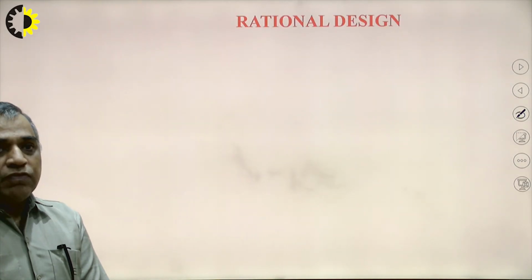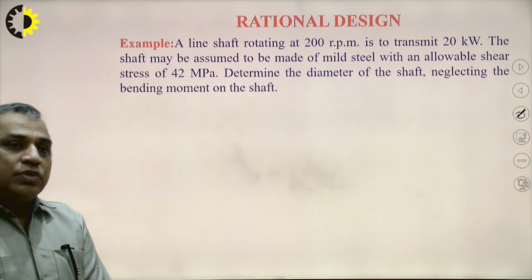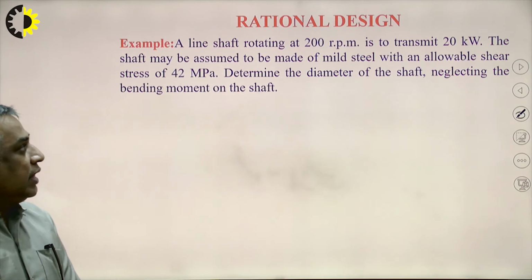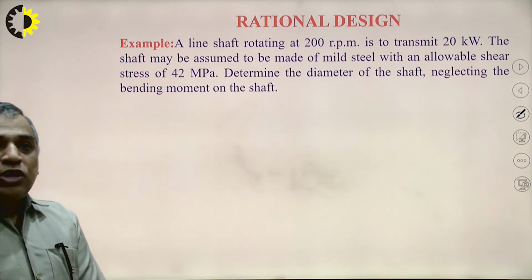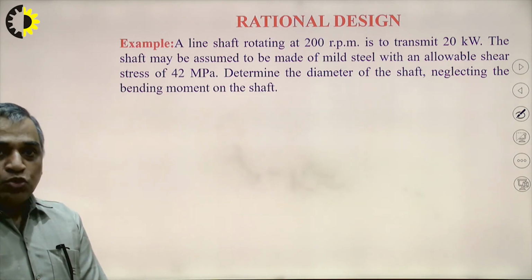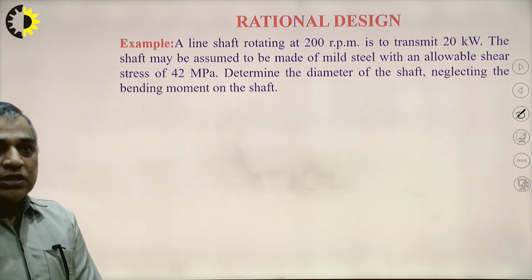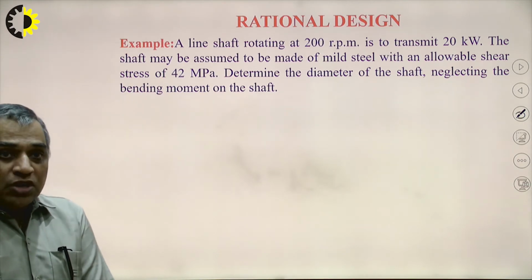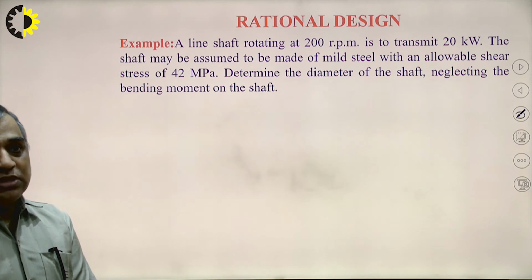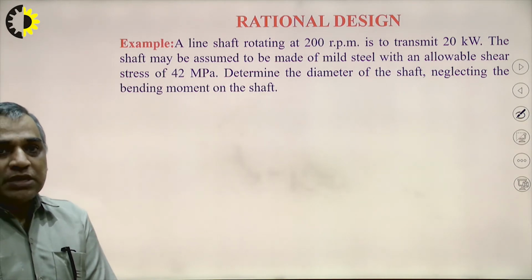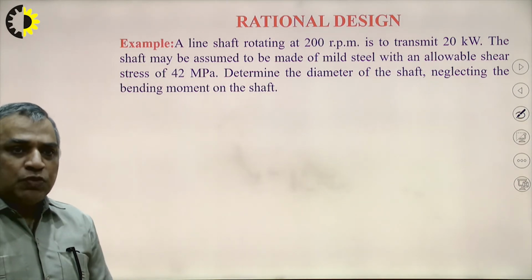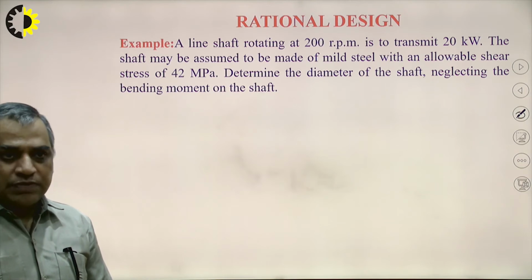The example of the rational design, this is one example. A line shaft rotating at 200 rpm is to transmit 20 kilowatt. The shaft may be assumed to be made of mild steel with an allowable shear stress of 42 megapascal. Allowable stresses we will take when we start this design